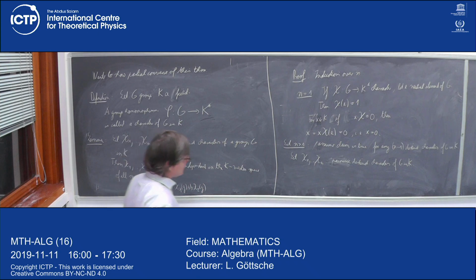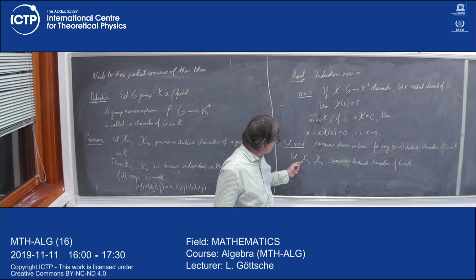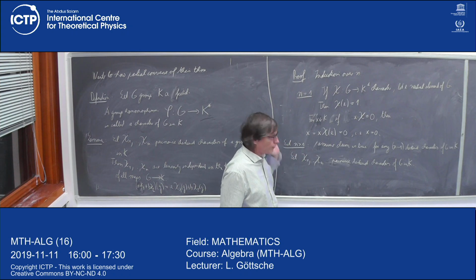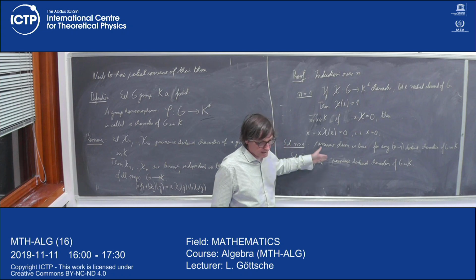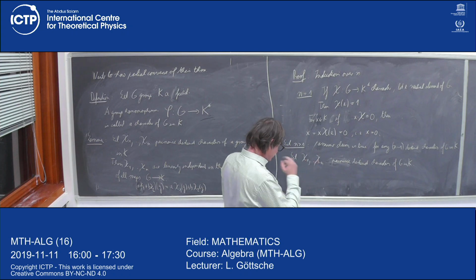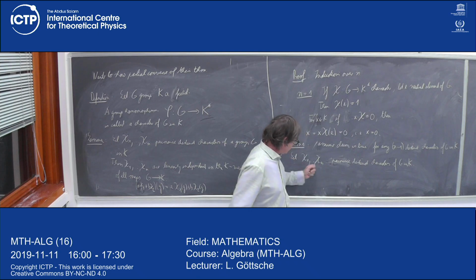So they are all pairwise distinct. What does it mean to be distinct? That means that no two of them take the same value on all elements of G. So for any two of them, there will be at least one element in G for which the result of applying them differs. As they are distinct, in particular, chi1 and chi-n are distinct, and so